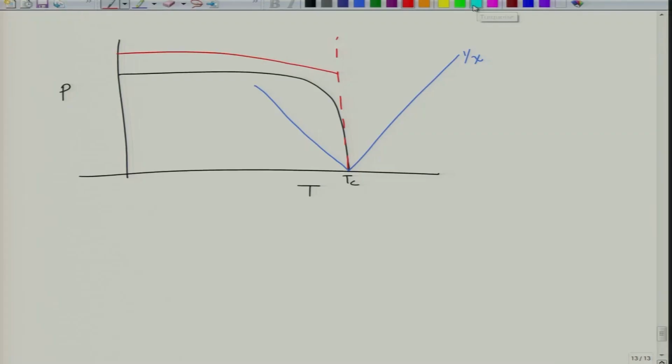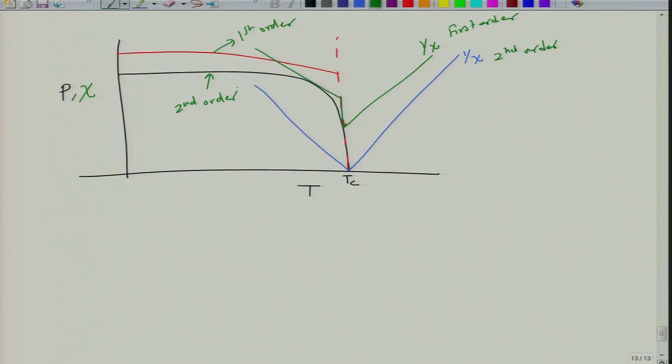Similarly, if you measure the susceptibility, in the second order the susceptibility shows a dip, but it does not show a discontinuity. In the case of first order transition, the susceptibility will show a discontinuity. So, the susceptibility in the second order will have, first order will have a behavior like this. So, this is the behavior of susceptibility in case of first order transition. So, this is second order and this is first order. So, this is P, chi, this is first order and this is second order.